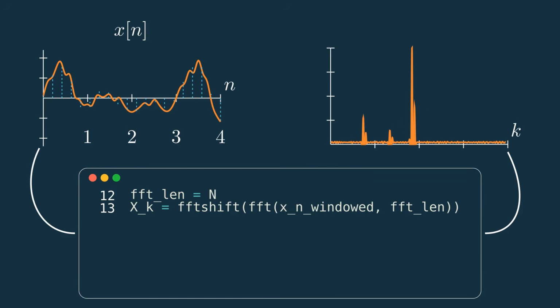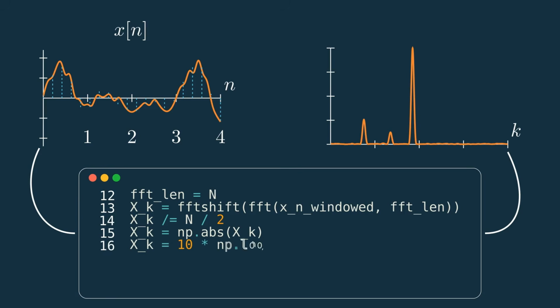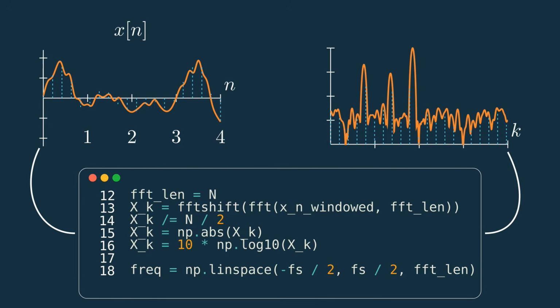There are multiple other things going on here, like dividing the transformed signal by half the number of points in the signal, which normalizes it, taking the absolute value because the log function isn't defined for negative inputs, taking the logarithm of the FFT to make it more readable, and computing the values for the frequency axis. But the important part is we now have our signal x of n in the frequency domain, but now the frequency spectrum is also sampled, so we'll call it x of k,